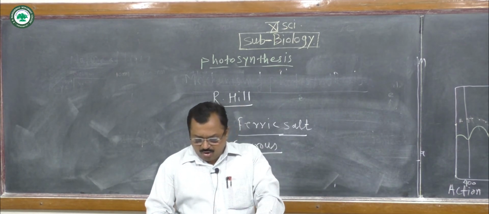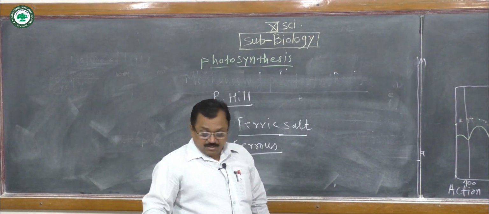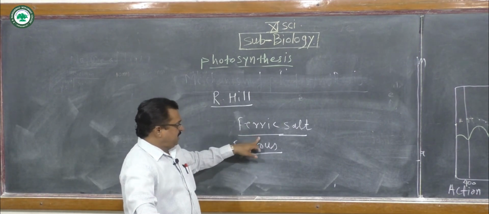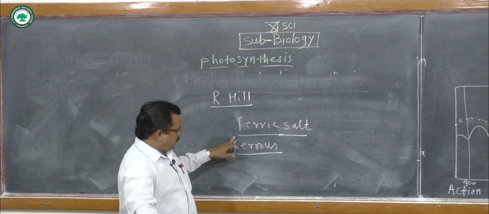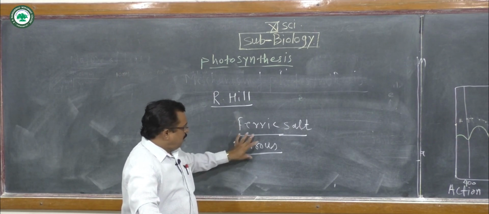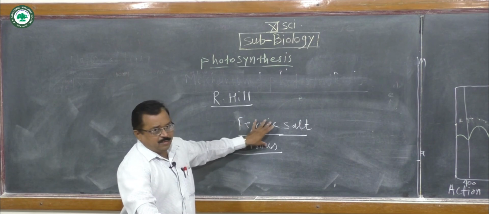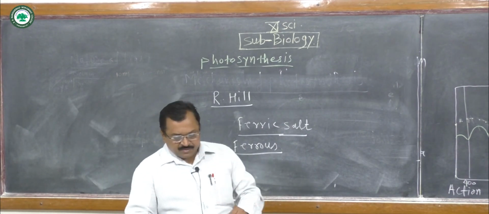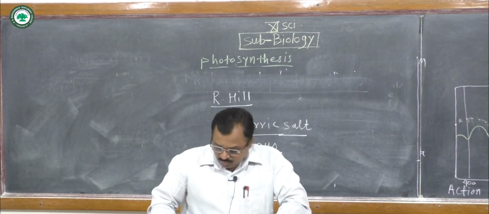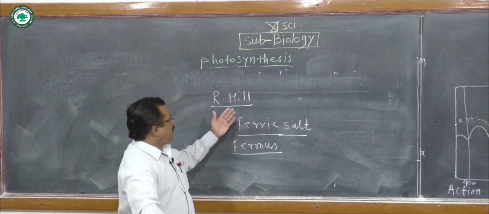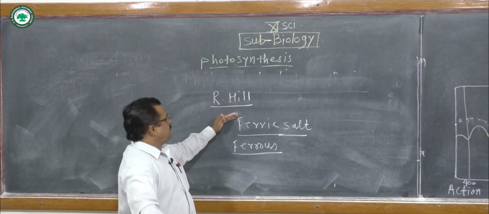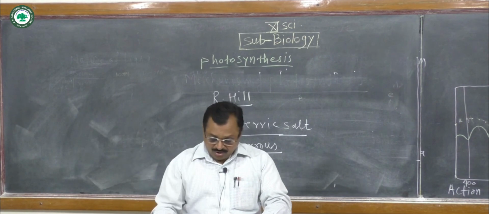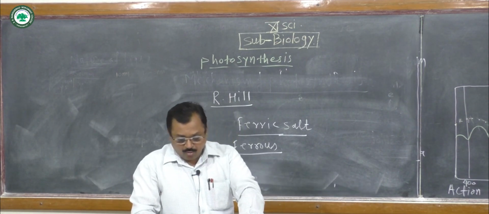In this reaction, photolysis of water takes place and oxygen is evolved and not from the CO2. Photosynthesis occurs and oxygen is evolved, and this is not from the CO2, it is evolved from the H2O. This reaction is called Hill's reaction. The significance or importance of the Hill reaction in photosynthesis is that oxygen is released from water, and the electrons for the reduction of CO2 are obtained from water.